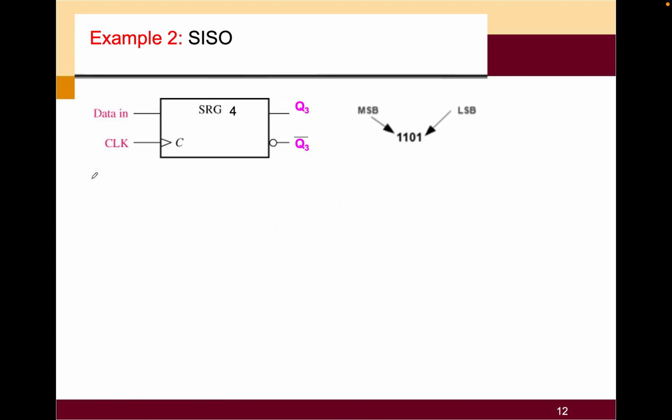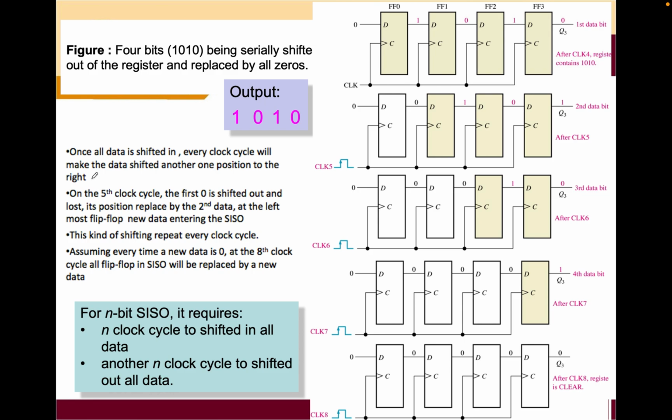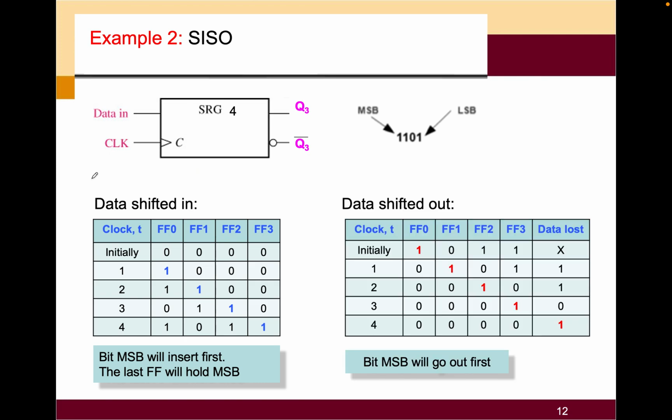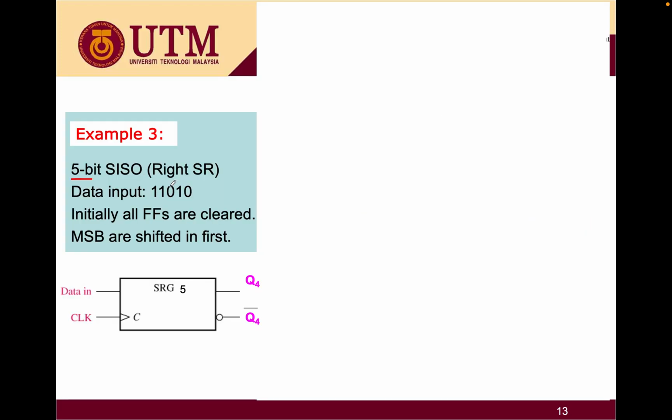The question is not complete. That's why it is not too clear. It's okay, but this one is mentioned that it is going to shift to the right. So the data input is this one. Initially, of course, your flip-flops are clear and the MSB is shifted in first